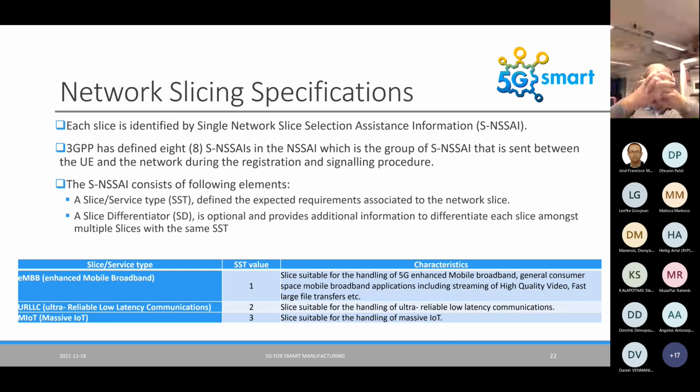If we look at the network specifications, one basic term that we need to get familiar with is the NSSAI, the network slice selection assistance information. Basically, that means that each slice is assigned one identifier. This identifier consists of two elements. One is the slice type or service type, and the second is the slice differentiator, SD. The main reason is that one single device can have up to 8 slices, so each device can request from the network up to 8 different slices,